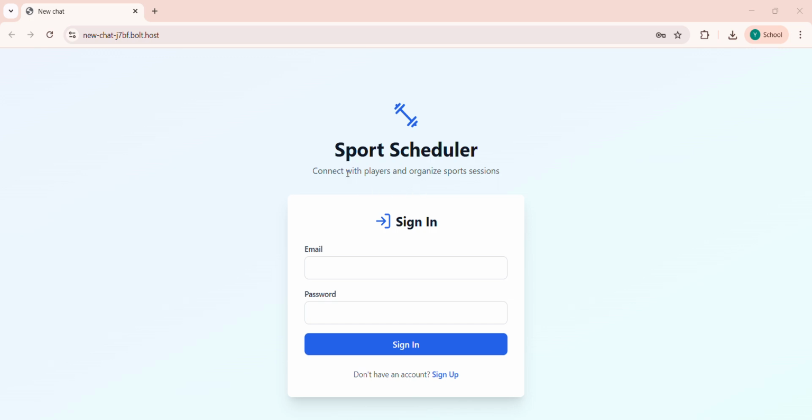This is Manidweep. Now we are discussing a website called Sports Scheduler, which connects players with the organizations' sports sessions. Players can interact easily through this website with the organizers who conduct sports sessions. Here, mainly,